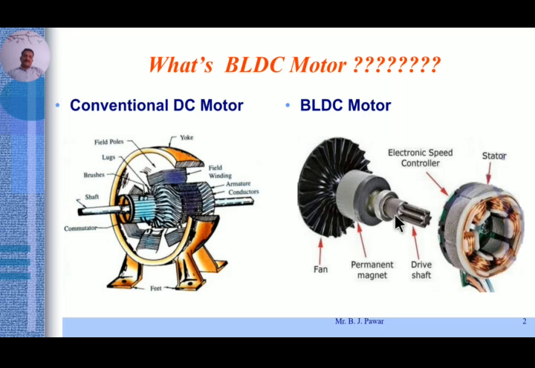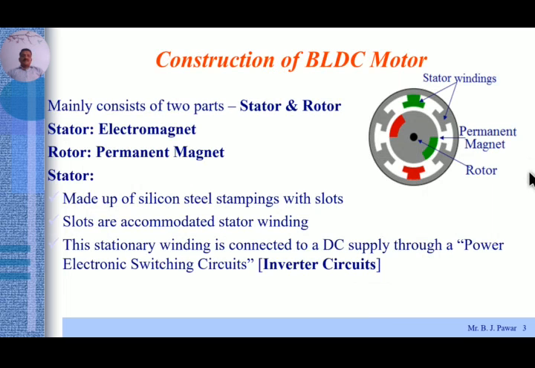The basic difference between the BLDC and the conventional DC is that in the BLDC there is only one winding, which is the field winding, stationary inside the yoke of the motor, or we can say it is a stator winding which is stationary, while the rotor is a permanent magnet, correct? So there is no need of brushes and commutators, as the stator winding is a fixed one, correct?